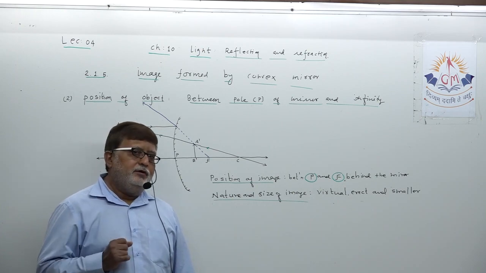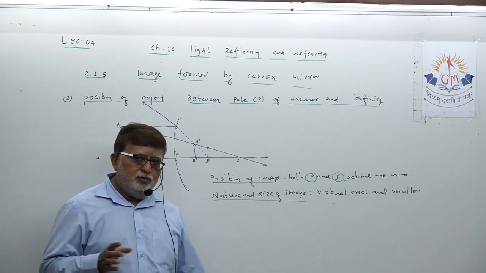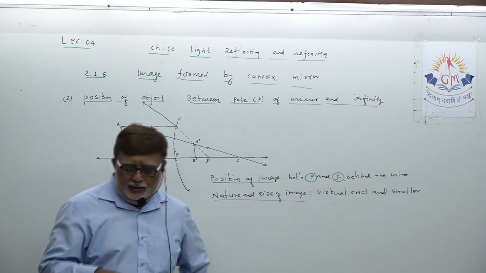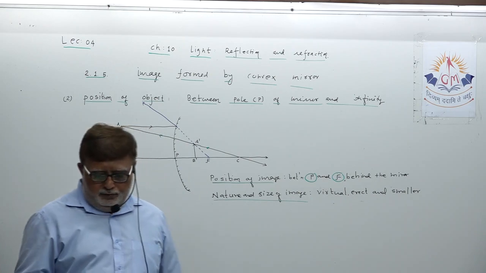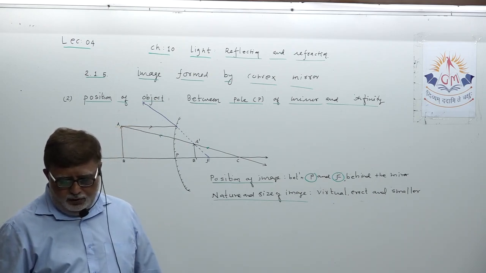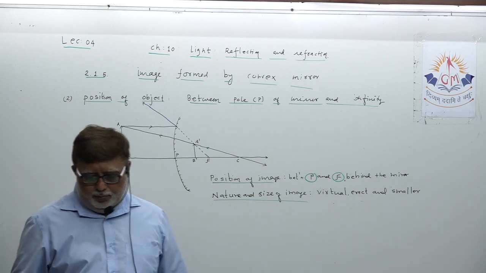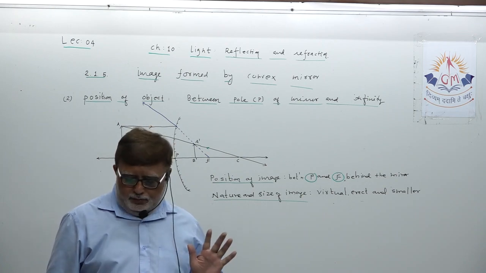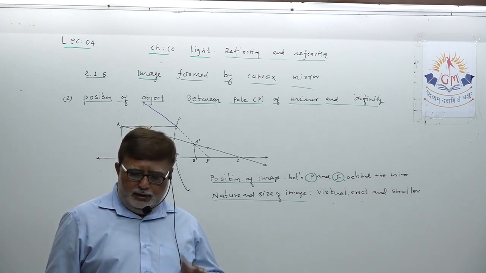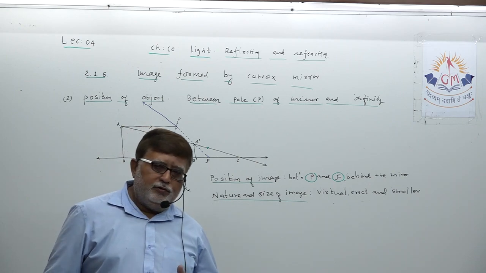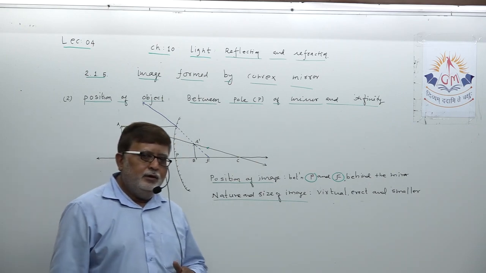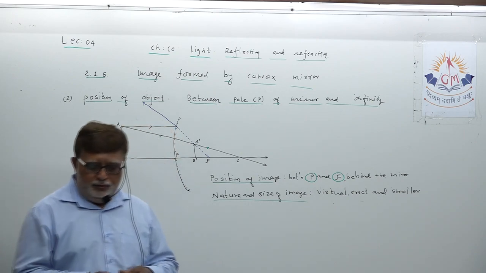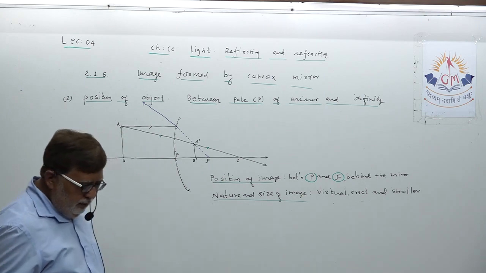Why don't we utilize a plane mirror there? Because plane mirrors are not going to give you such a large area. I have mentioned this in the last point of uses of convex mirror in your material. Please try to understand: convex mirrors enable the driver to view a much larger area than would be possible with a plane mirror. Understand? So, dear student, that's why convex mirrors are preferred there. Okay, so this is over now.